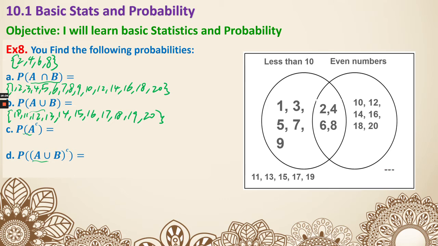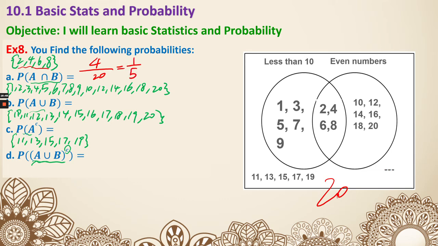Last one, the complement of A or B would be the numbers outside. So 11, 13, 15, 17, 19. Now let's have a look at all the probability. All the possible numbers, there are 20 of them, so the bottom of the fraction is always going to be 20. As for the top, the possible outcomes for this one, there are 4 of them, simplifies to be 1